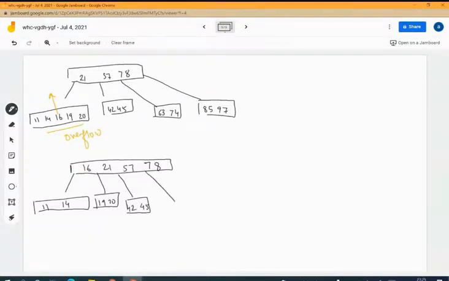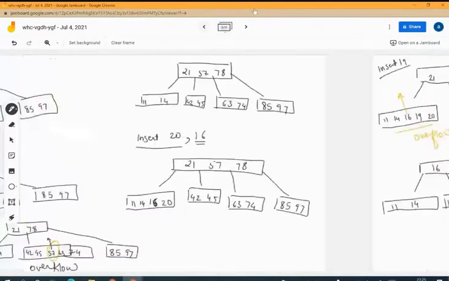Right of 57, that is the left of 78, will be 63 and 74 as it is. And right of 78 will be 85 and 97. Right? That is as it is, we are going to keep. Now the next element to be inserted. If you see in the sequence, we have inserted 19 here.